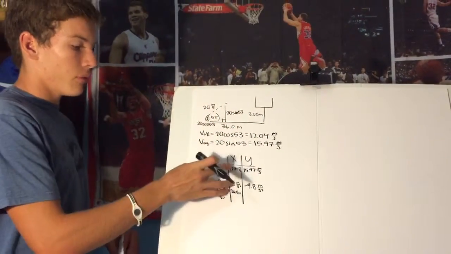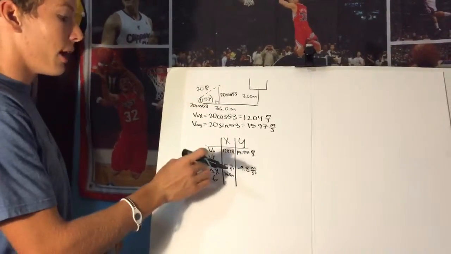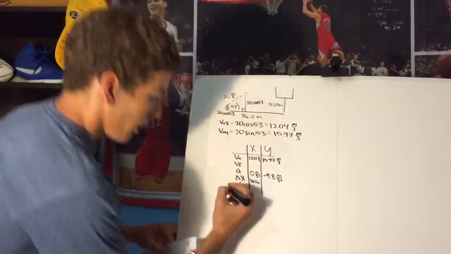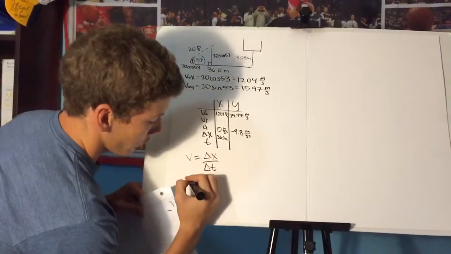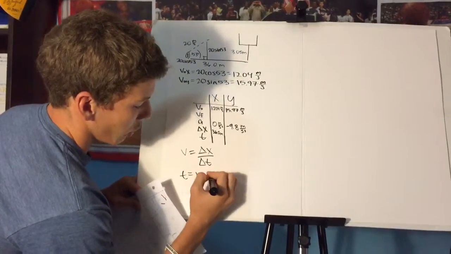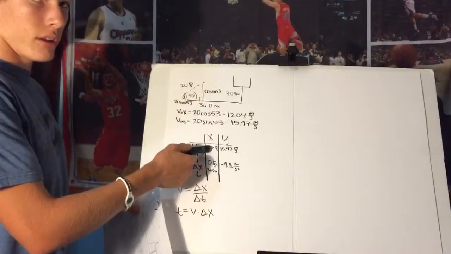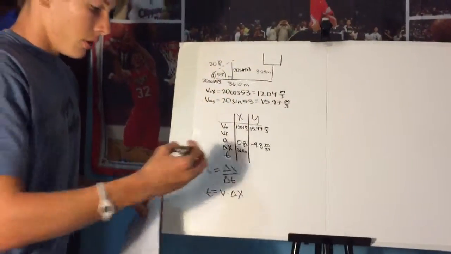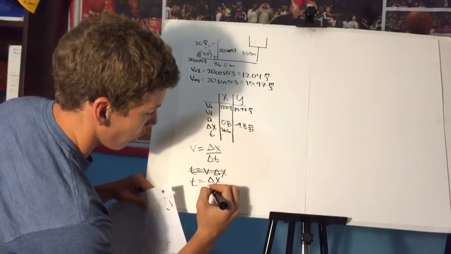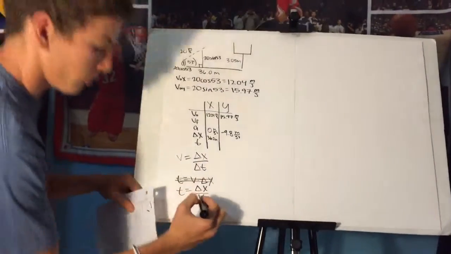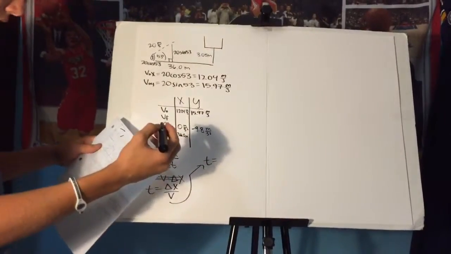So to begin, we have three values, so we can plug into a formula to get the time, but that would leave us with a quadratic, so it's much easier just to realize that the velocity is equal to the change in position over the change in time. We're able to do this because the acceleration is 0, so the velocity is constant throughout. Oh shoot, I messed up on this. The time is equal to change of position over velocity. My bad. So from this, we know that t is equal to change in position, which is 36.0 meters,